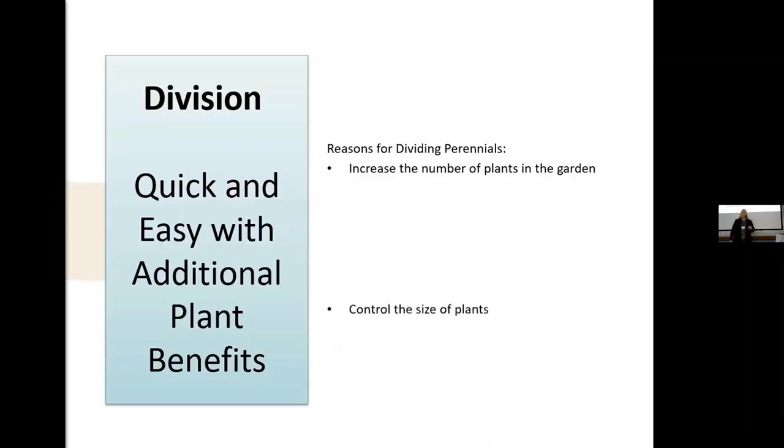The second reason is that the perennial may be getting too large for its space. It may be encroaching into other areas, and so you want to divide it to control the size. And the third reason is